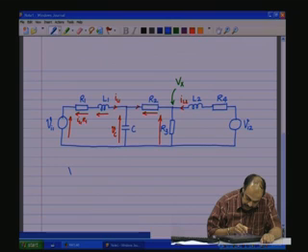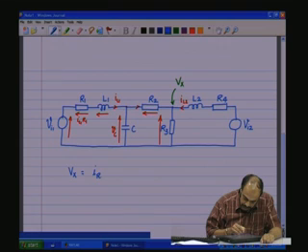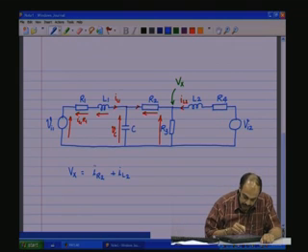So, Vx equals IR2, that is the current through R2, plus IL2, which is the state variable here, into R3,